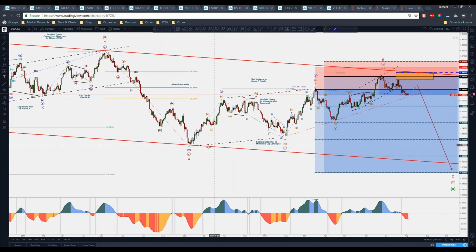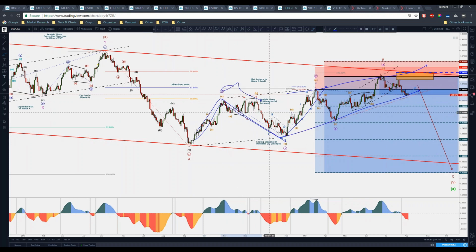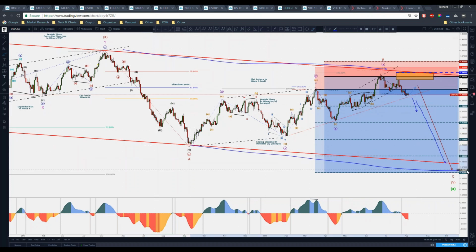Then I stayed put. I had no interest in it because I didn't know if it was going to rise in an impulse. Again, I saw this corrective pattern, which could also lead towards an ending diagonal right here, so basically an AB, 1, 2, 3, 4, 5, if it even manages to go up for the C leg. However, there's a red trend line right here. If it breaks it, in my personal opinion, that's bearish. So one more descending channel. This is easy. It's not hard at all.